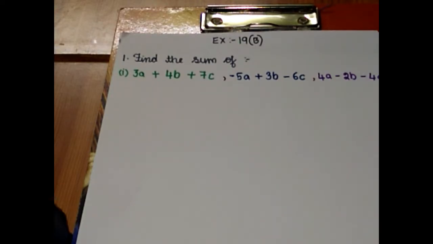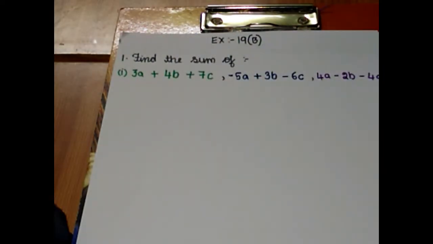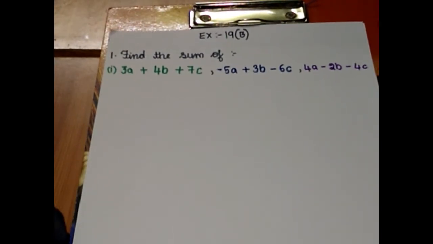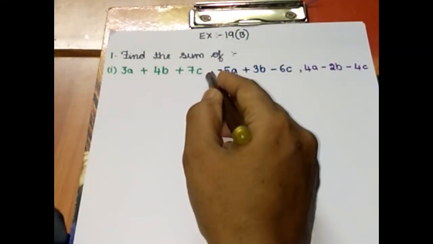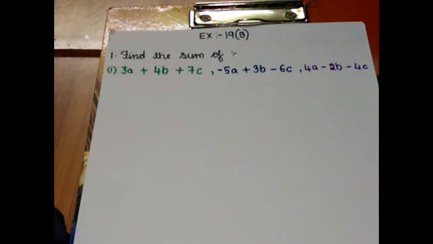In this exercise we are going to find the next step, that is the addition of polynomials. There we had only one term, here we have polynomials, that means trinomials, with 1, 2, 3 or more than 3 terms, we call them polynomials. To find the sum of these three given polynomials, you can observe in the textbook the polynomials are separated with commas. There are basically two methods. The first one is the row method and the second one is the column method.